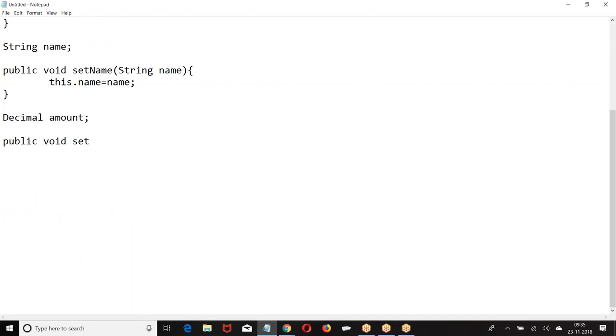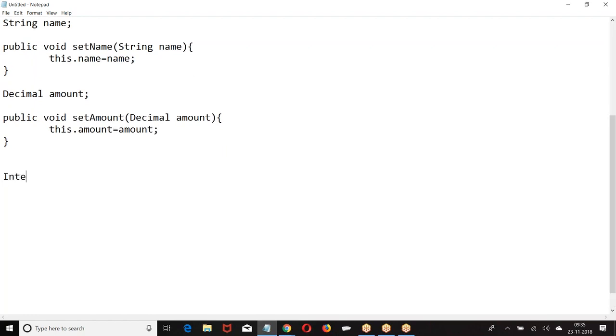Public void set amount, this dot amount equal to amount. Are you getting my point here? So what was this? Setter method.